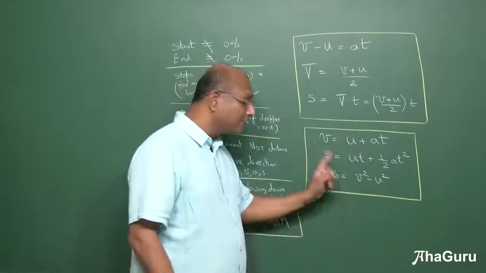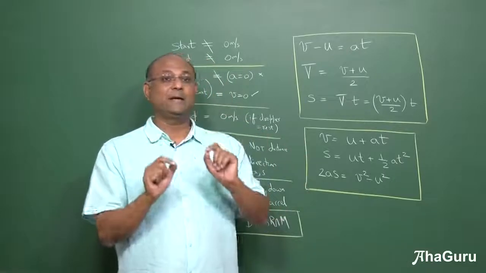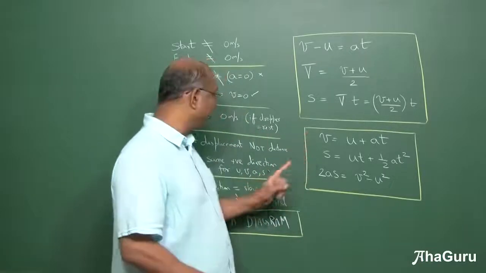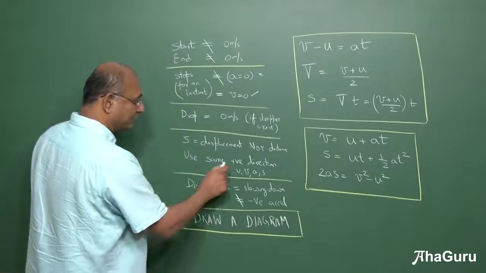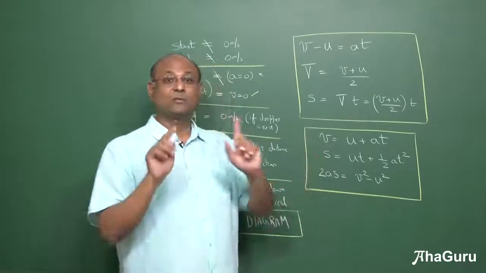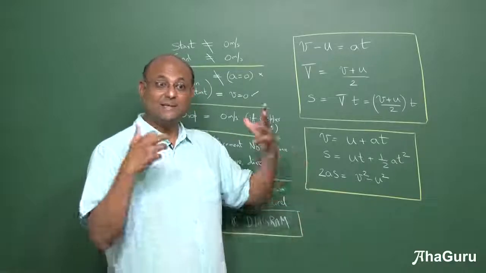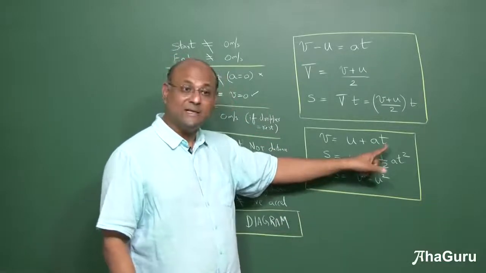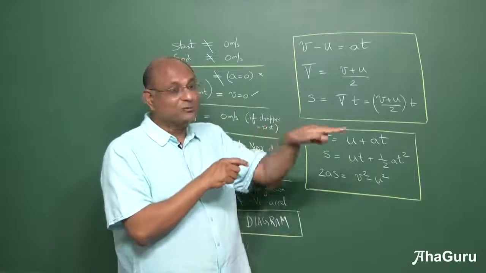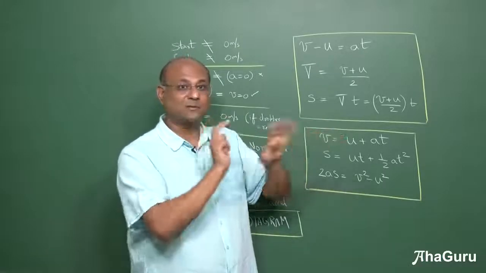u square. Remember that these are equations with a very clear sign convention. You must use the same positive direction. I have written here, use the same positive direction for u, v, a and s. The only thing that doesn't have a plus minus sign convention here is t. Everything else comes with a sign. And you cannot say for u I will use that, for a I will use this as positive, not allowed.